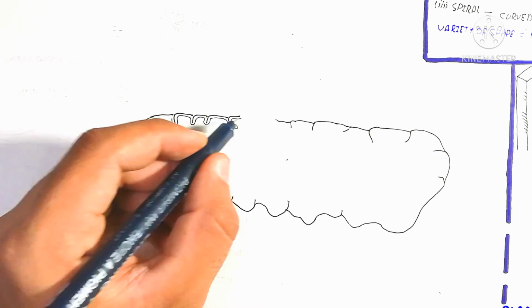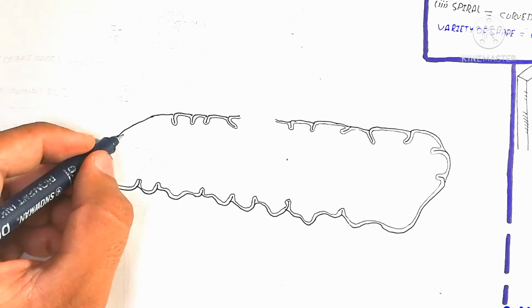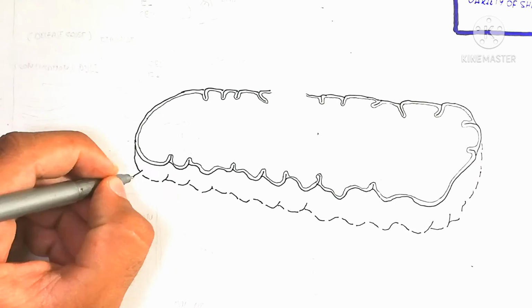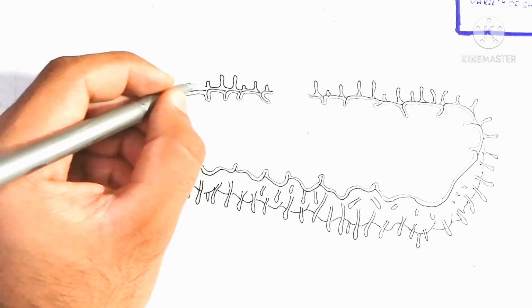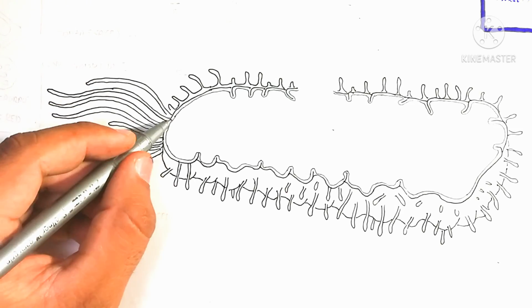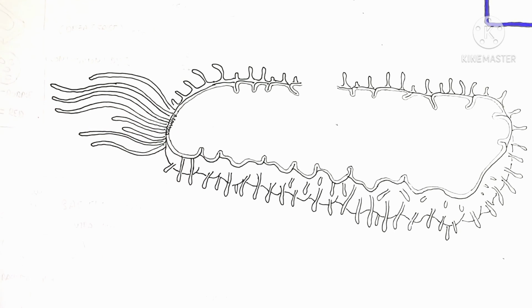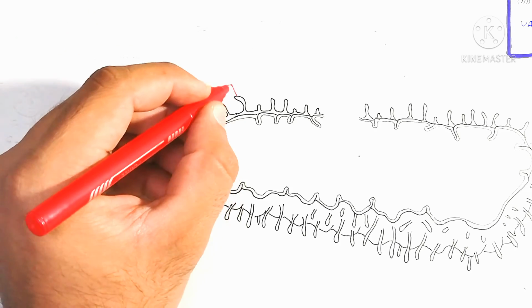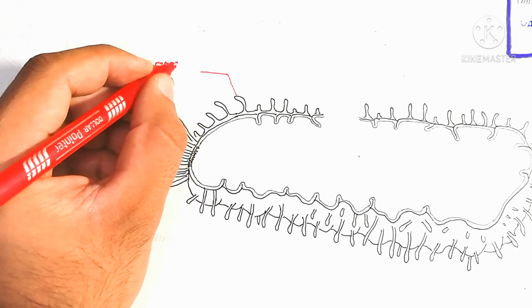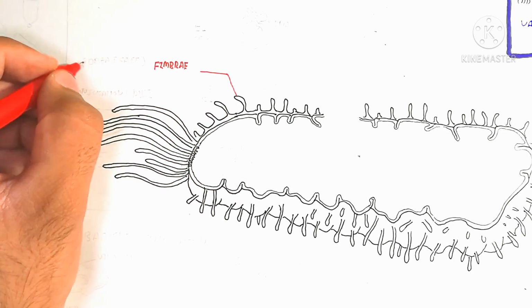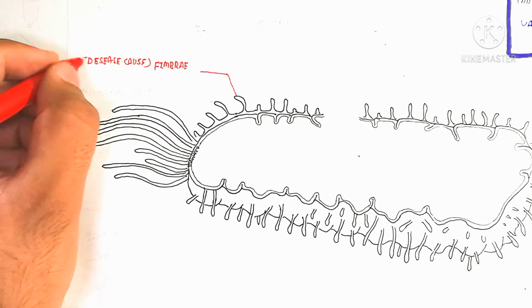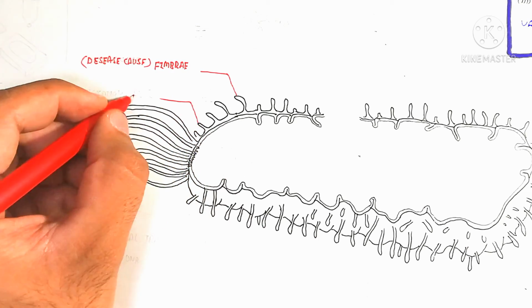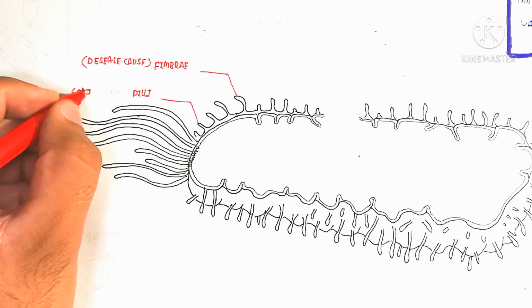So let's talk about it. Here I am drawing the structure of the bacteria, just simple. We are not going to go into the mesosome and other organelles as well as the cytoplasm. We will just discuss the structure, the reproduction, and the lifestyle of the bacteria. We will not go into depth, and in the next video I hope to make a new video about the transcription and translation as well as the antibiotic effect on the bacteria cell wall and rupturing.